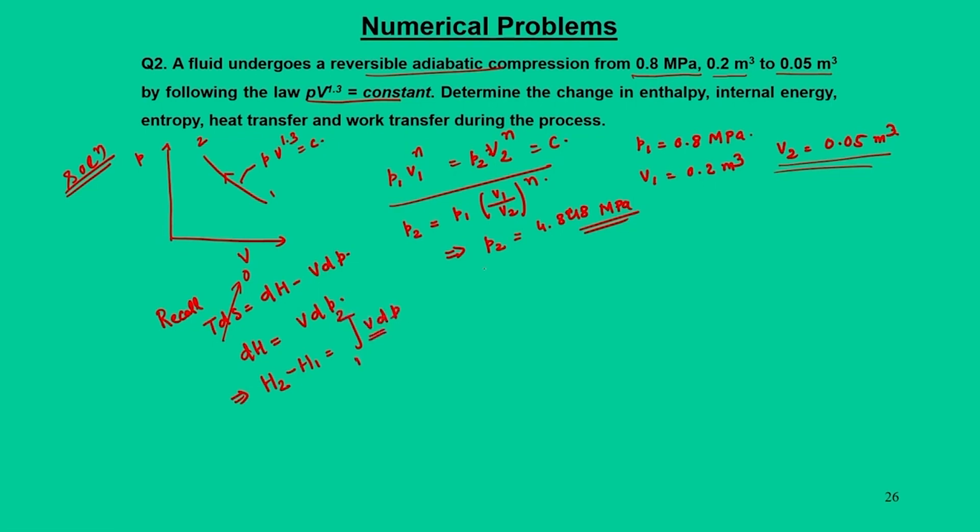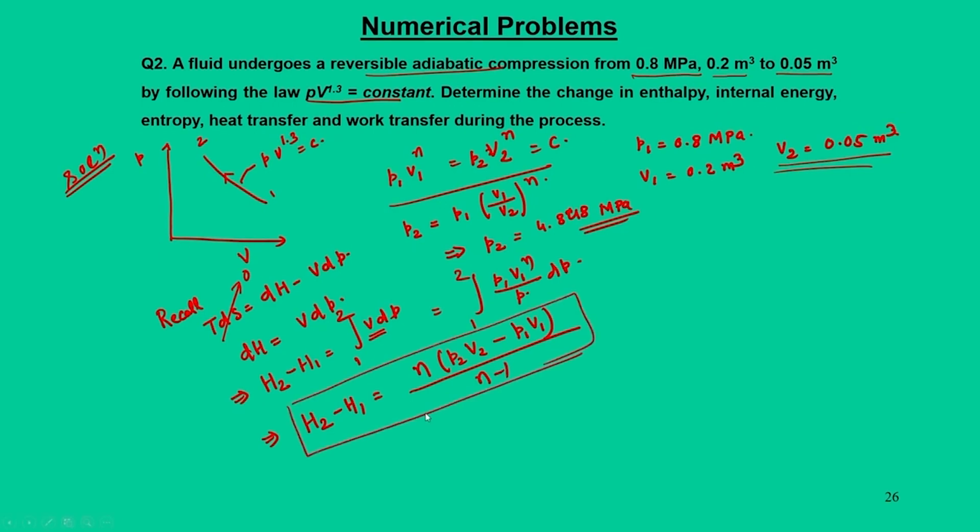Now, V we can write as the integral from 1 to 2 of (P1 V1 to the power n divided by P) dP. When you do this integral, we get H2 minus H1 as n times (P2 V2 minus P1 V1) divided by (n minus 1). This is the expression of enthalpy, where n is 1.3, and P1, V1, P2, V2 are all known. So, we can find H2 minus H1